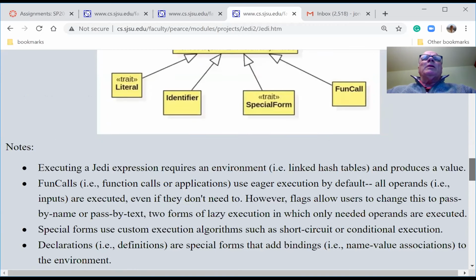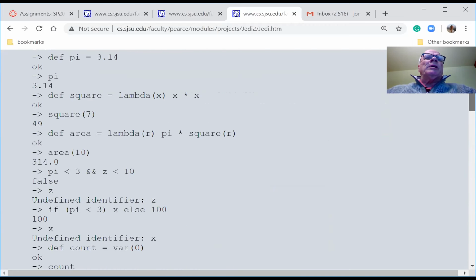It's the engine, which prints this little prompt, reads in the expression, asks the expression to execute itself, and then prints out the value of that expression. So this is a fun call expression. It prints the prompt, reads that expression, parses it, asks it to execute itself, and displays the answer.